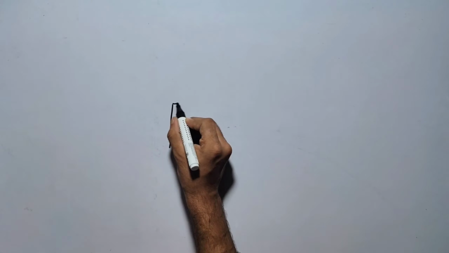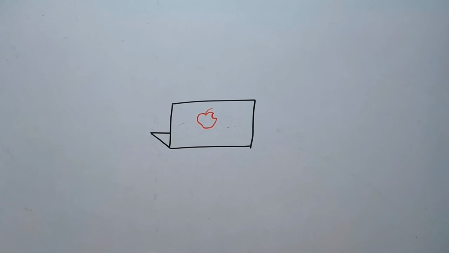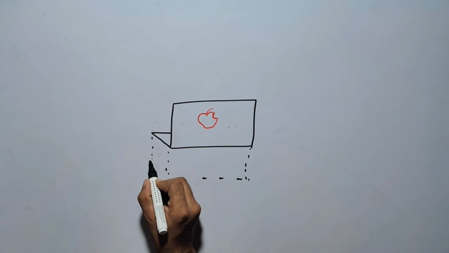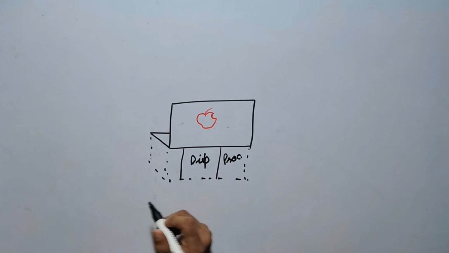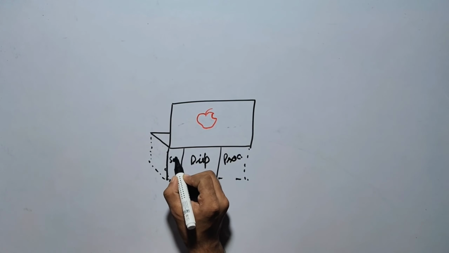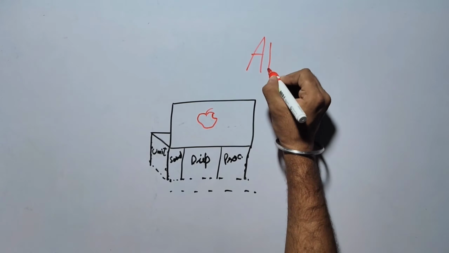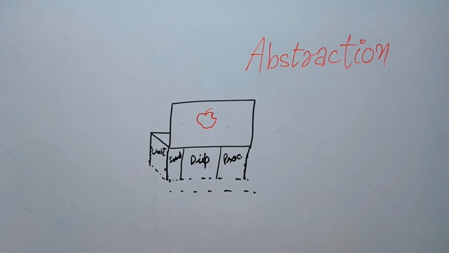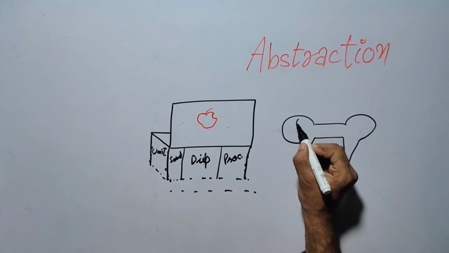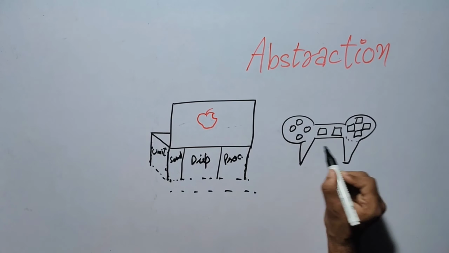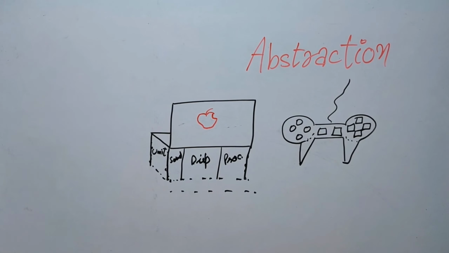Let's take an Apple laptop as an example. We know its use, we know how it works, but do we really know how it works? As a user, we don't have any idea about how information is processed in a laptop, or how its different components are connected to each other. Instead, we only know about Apple equipments, what we need to know in order to access them. This technique is known as abstraction, where only a console is provided to the user, thereby hiding the inner working of the program.